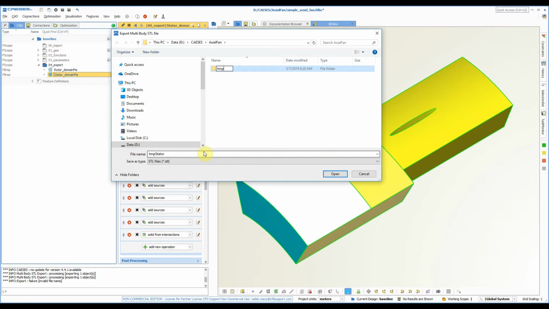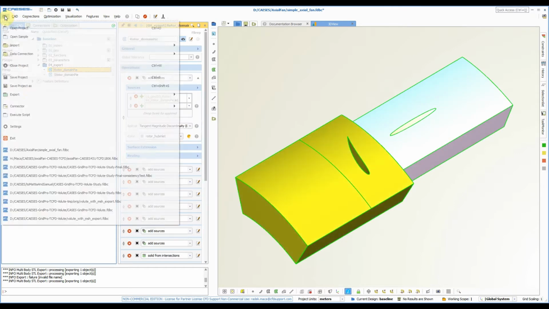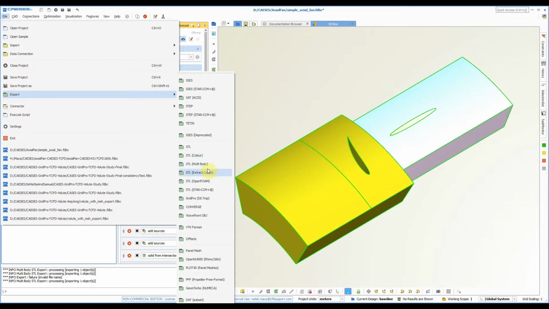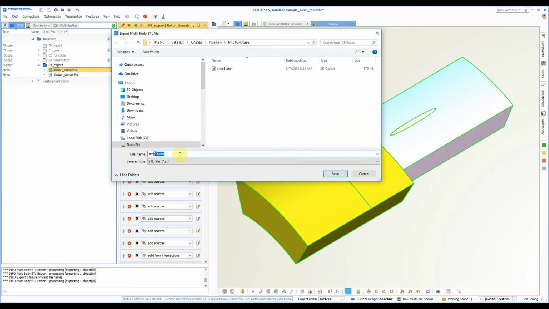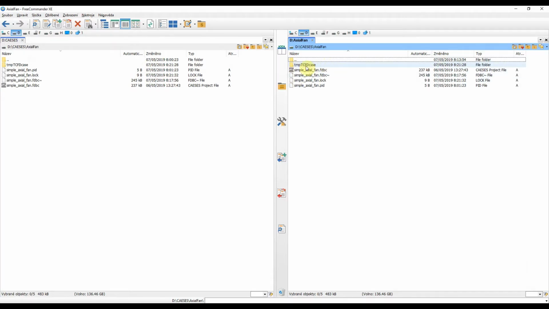In the cases axial fan folder, I will create a new folder and name it, for example, temporary TCFD case, in which I will export the stator part as temporary stator. The same I will do for the rotor part, multi-body, as temporary rotor. Just to check, in the temporary TCFD case folder I have these two files, which will be the input geometry